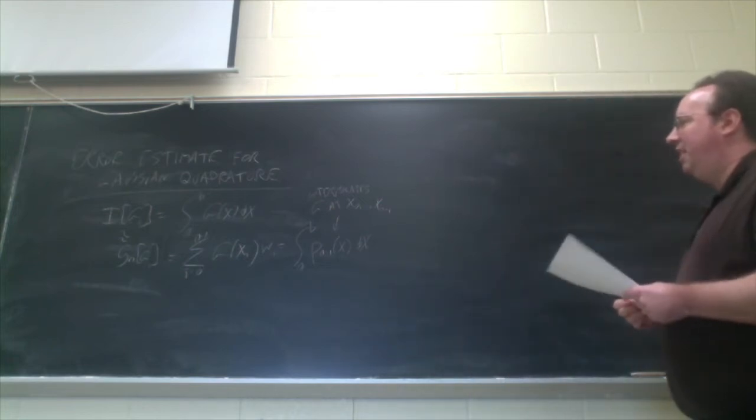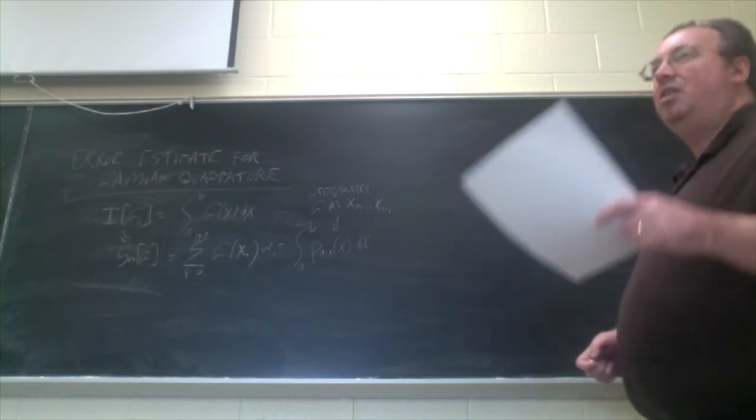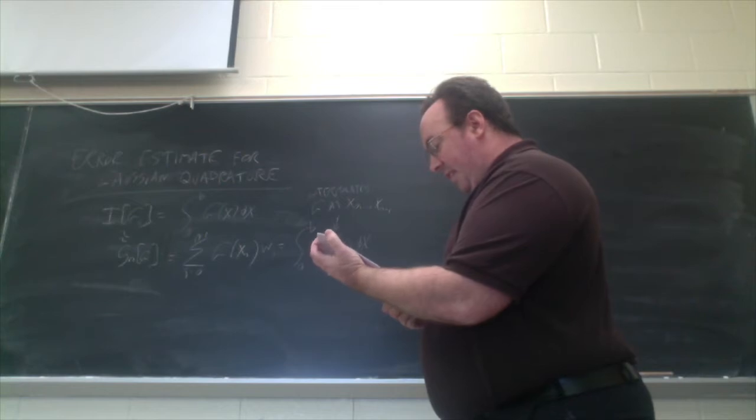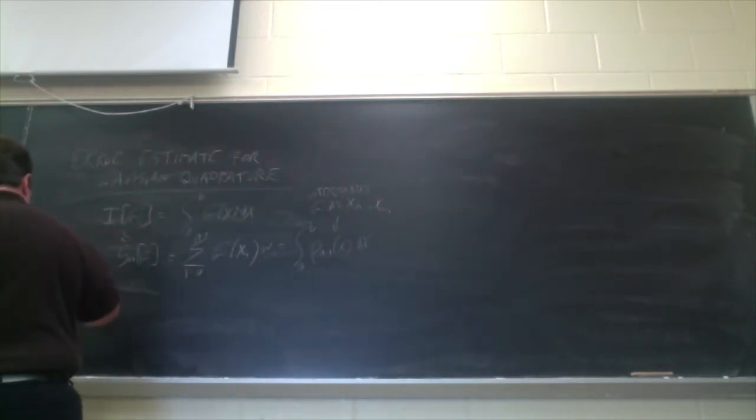And what we will do is actually use not the Lagrange interpolating polynomial, but the Hermite interpolating polynomial. So I'm going to let G_{2n-1}